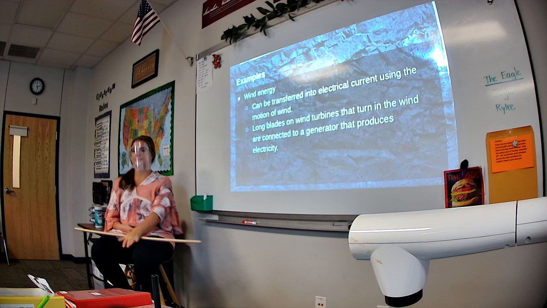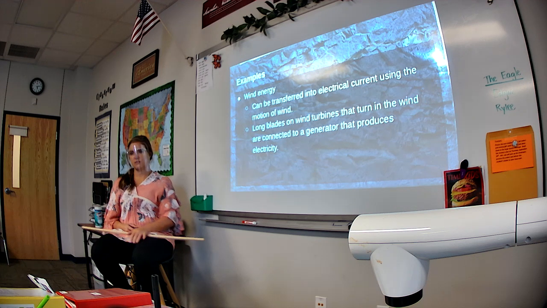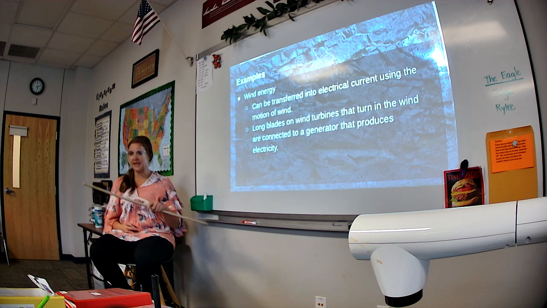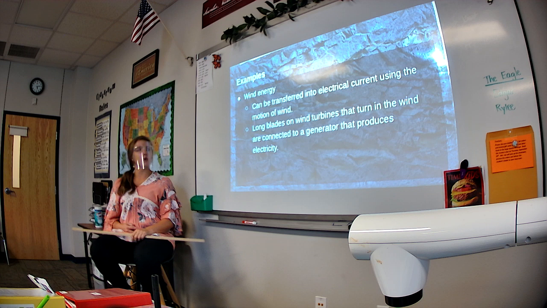And Bella. I think this was 2 years ago, but my family went to Mexico and we saw a field and it had a bunch of those. Yep. They are common in more flat, windy areas. They can be a great source, but again, it takes a lot of them to get the energy we need, and it has to be in the right kind of area for it to work.